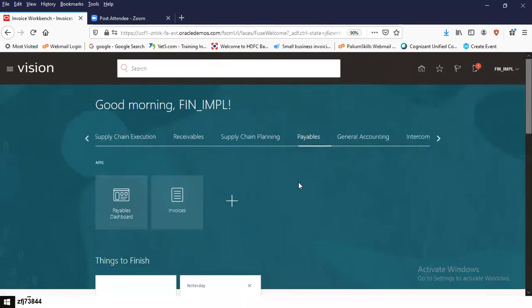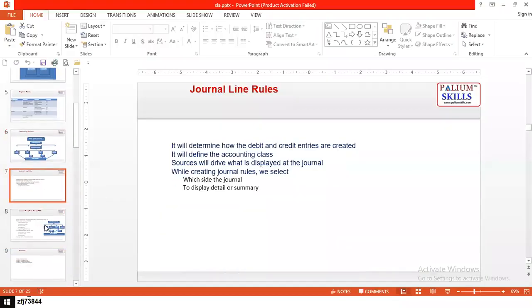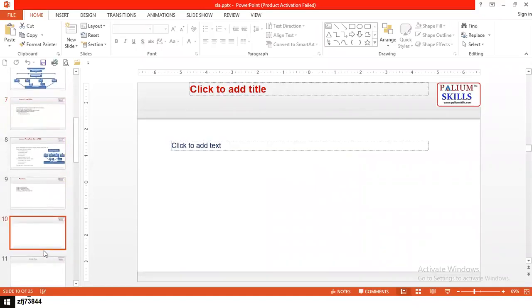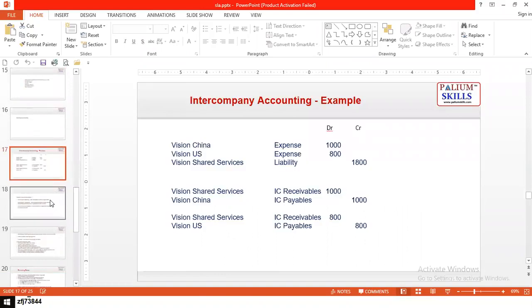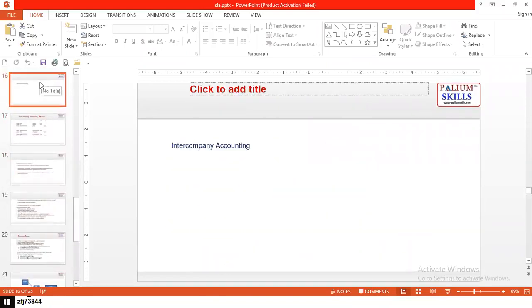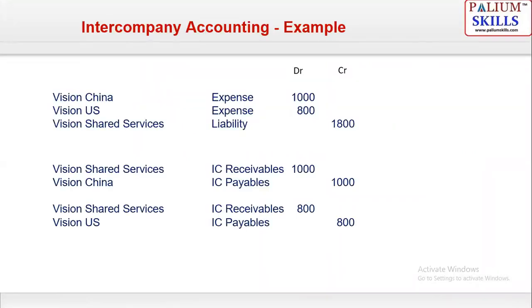All right. The next topic we'll be going into is the intercompany accounting, on the GL side. Basically, when it comes to intercompany accounting, we talk about examples of transactions between different entities. So if you look at this particular example here,